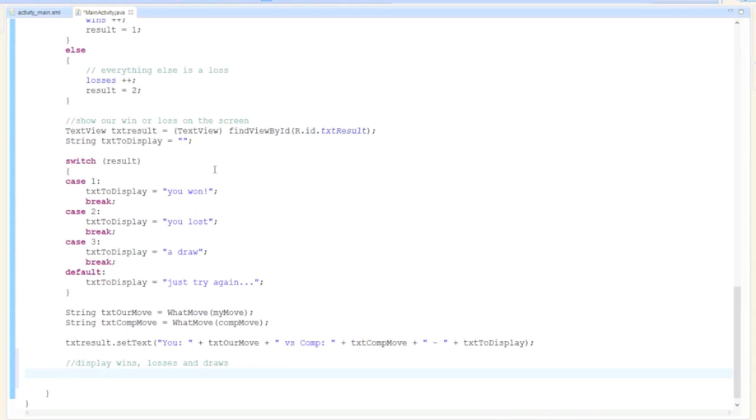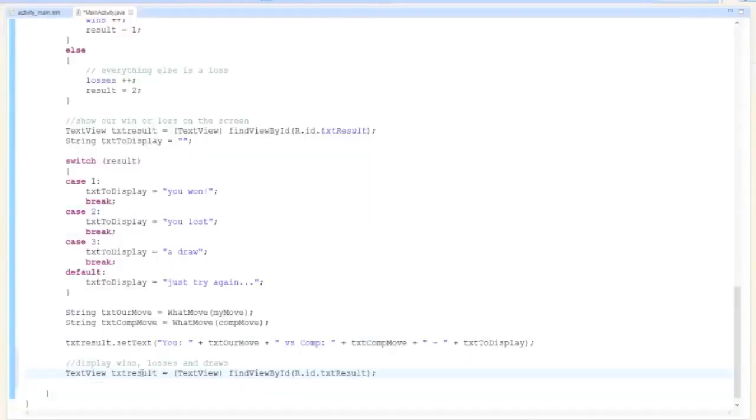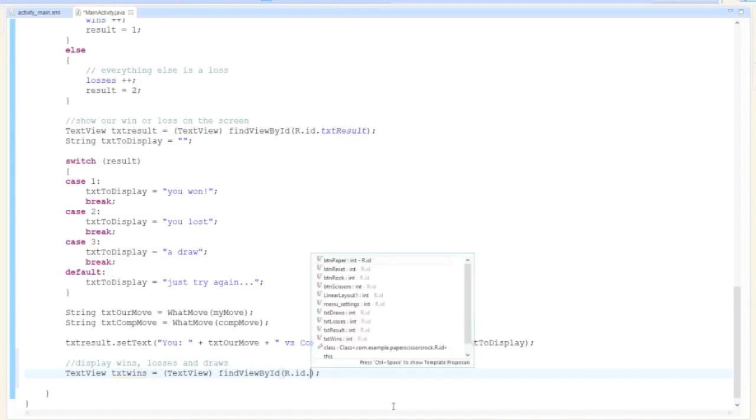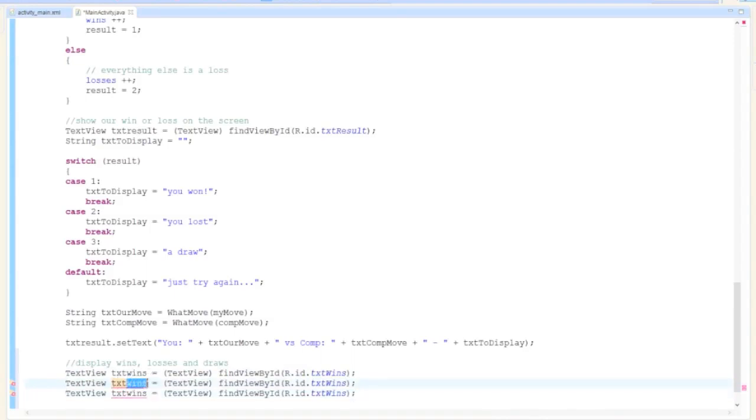So what we'll do, of course, first is get our text views, and so I'm just going to copy this line, and we've got text wins, and then if you just delete this and then ask for the autocomplete, you can allow it to pop up. So we've got text wins with uppercase. So our object variable's lowercase, whereas our view object is uppercase, and that just allows us to easily see which is which. So we've got text wins, text losses,